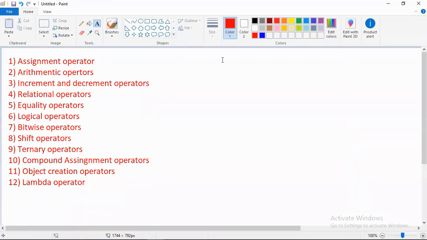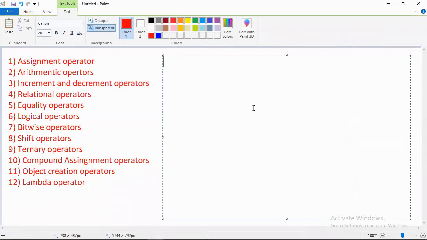Under these 12 categories, we need to know how many operators there are and what they are. Under assignment operator, we have only one operator, that is assignment. Under arithmetic operators, we have 5: plus, minus, into, division, modulo.